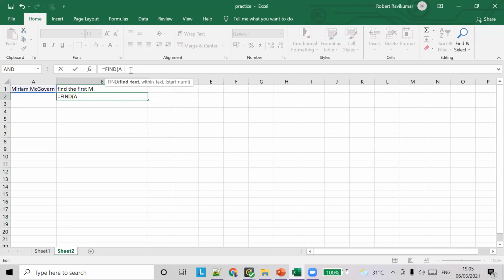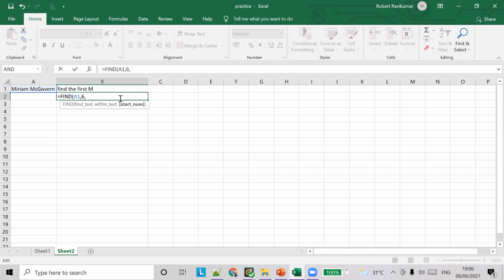Find text A1, comma, within text. So within text, what is within text? Within text 6.